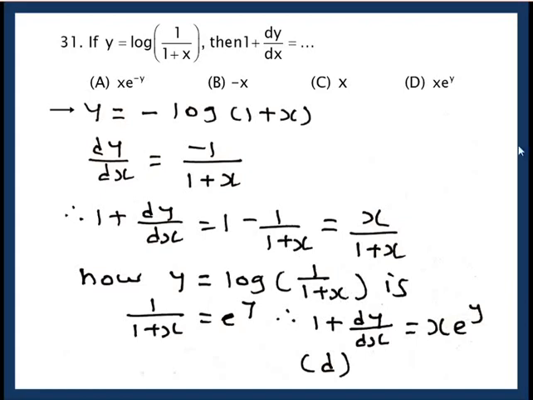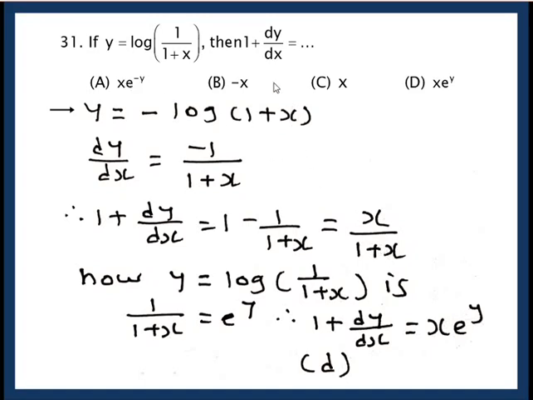Yes, this is again an important one. See, if we are asked to find dy dx, then that job becomes easy. But here y is given to be log of 1 upon 1 plus x. Then we are not asked to find dy dx. Then we are asked what will be 1 plus dy dx. Interesting. See, y is log of 1 upon 1 plus x, means log of 1 plus x raised to minus 1. That is minus log of 1 plus x. Differentiate. So dy dx is minus 1 upon 1 plus x into 1. So ultimately this only. Now we need 1 plus dy dx. So I have added 1 to both the sides. So 1 minus 1 upon 1 plus x, that is x upon 1 plus x.